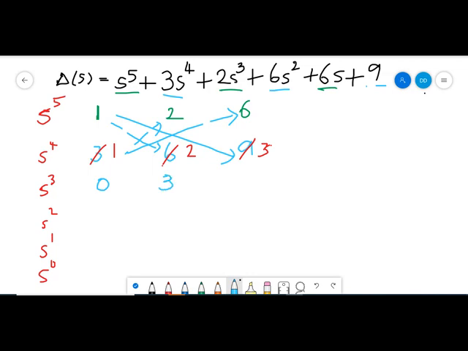So right now this is a special case of the roots array wherein the first element of a row is 0. When we find the elements of the next row, it is 0 into 2 minus 1 into 3 by 0. Anything divided by 0 is infinity. Therefore, we cannot proceed further. So this is one of the special cases of the roots array wherein we are getting a value 0 in the first element of a row.